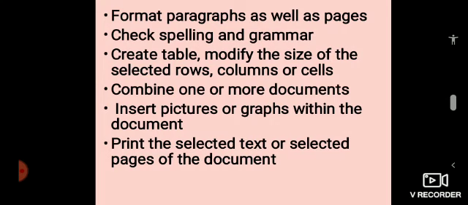Format paragraphs as well as pages. Check spelling and grammar. Create tables, and modify the size of the table and the size of its rows and columns. Combine one or more documents. Insert pictures or graphs. Print the selected text.